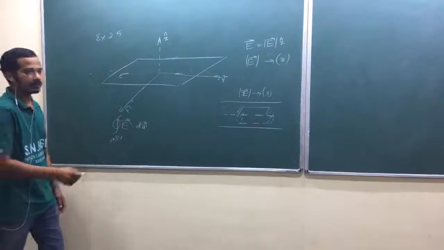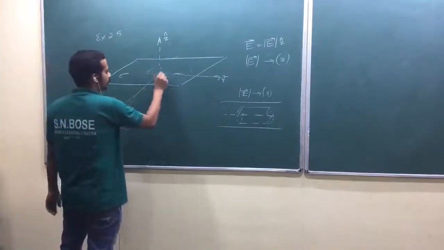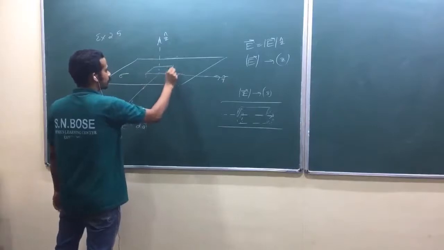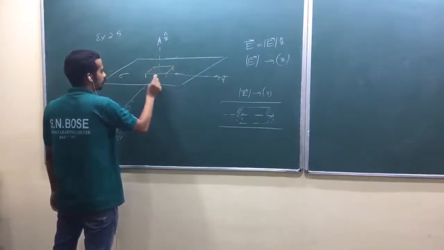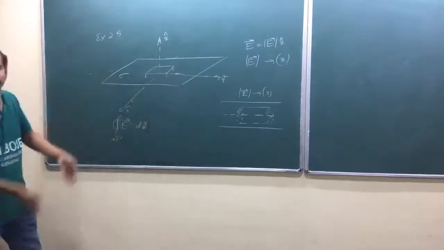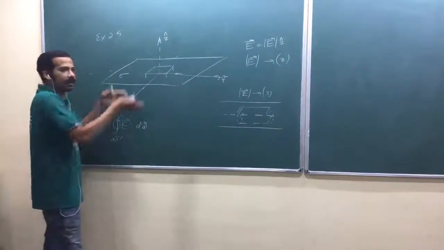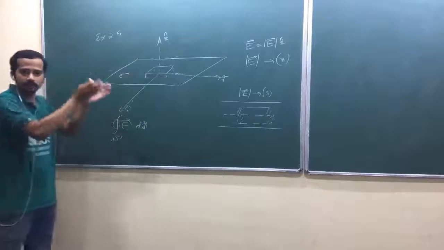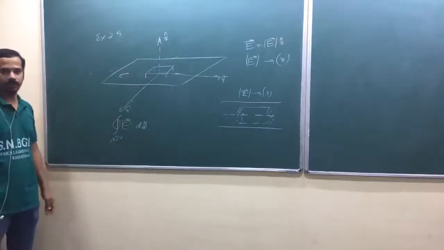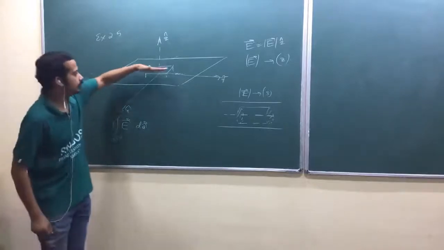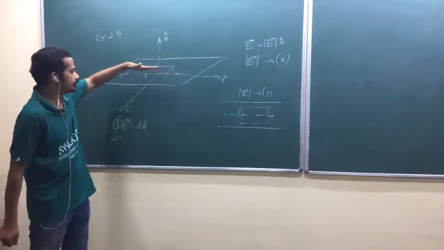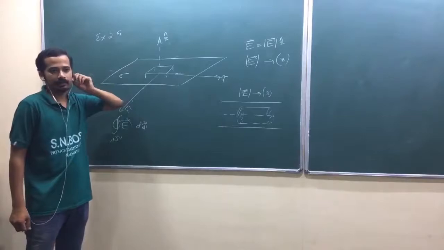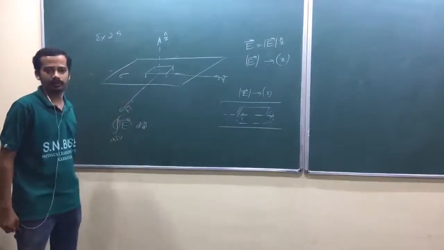So am I right? Suppose if I take one Gaussian surface just above this plane. Now look at here, I can't close that one, isn't it? Then I have to run other surfaces like this, so that I have a closed surface. But a part of my surface should be parallel to XY plane, so that over this surface, electric field should be constant, and electric field and area vector should be in the same direction.